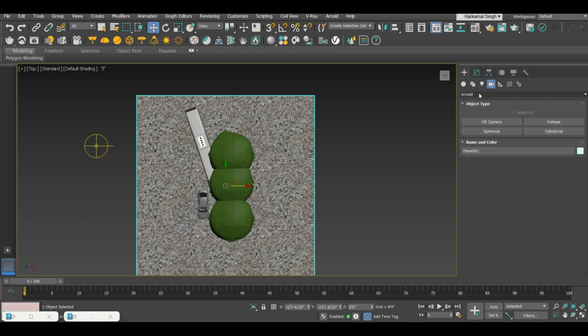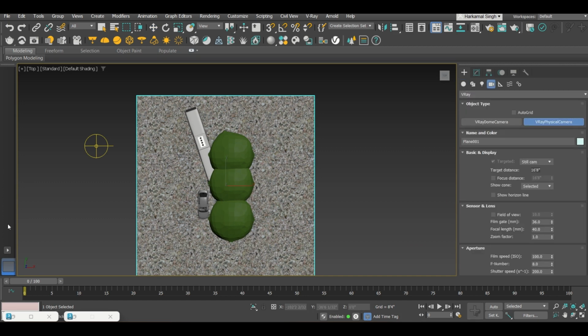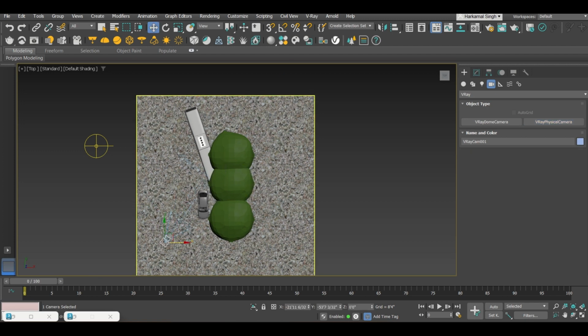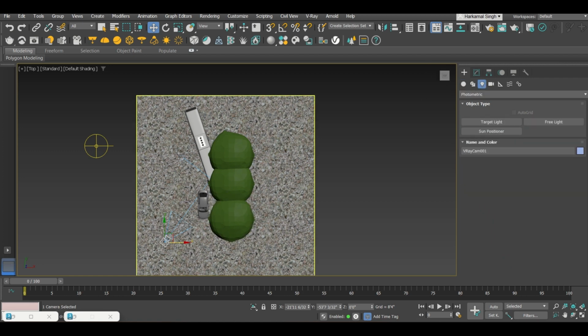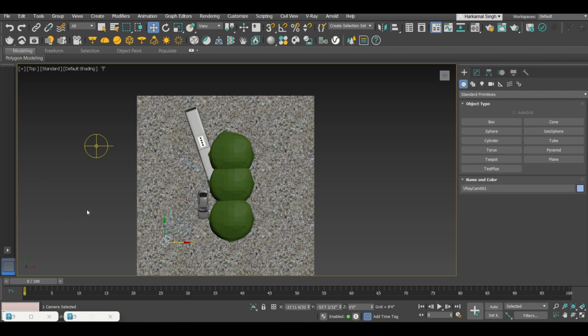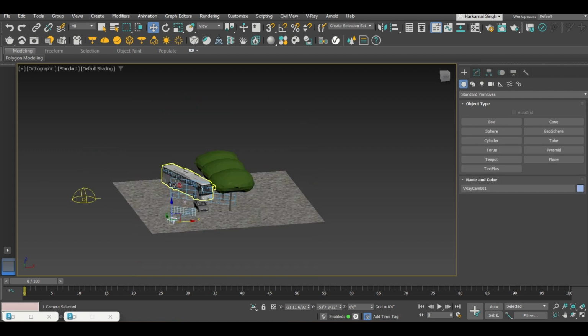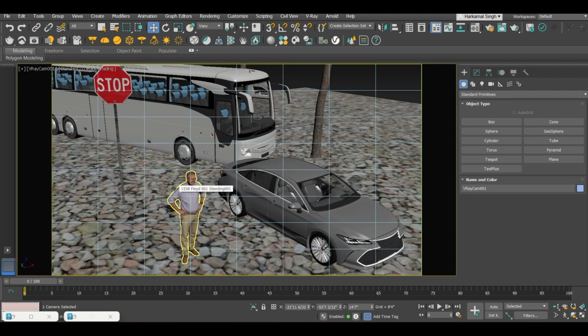I will create another video on the camera also soon. Within 1-2 days you will get a video on the camera settings also. Light settings I have created for V-Ray sun as well as V-Ray light. Light is already there because we have already imported the HDRI. So going into the camera view,